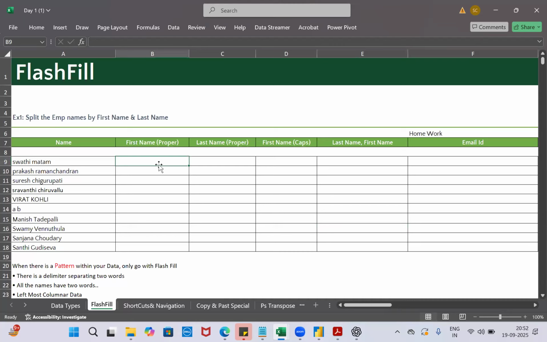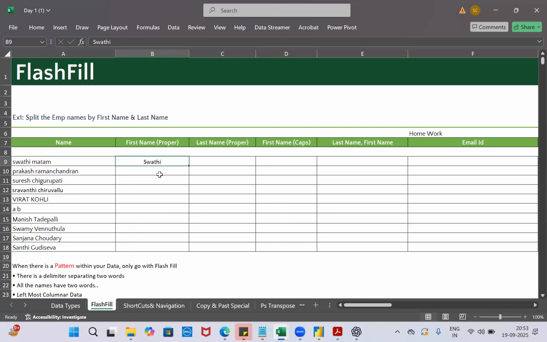So go here, do nothing. Type manually: first letter capital, remaining letters small, only first name. Can you see? For Swati Madam, you are typing only Swati in proper case. After this, what you have to do?